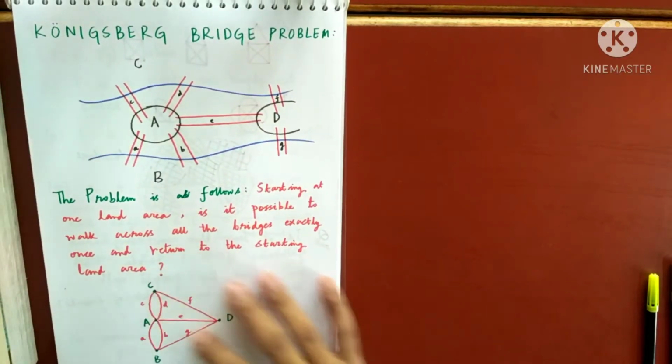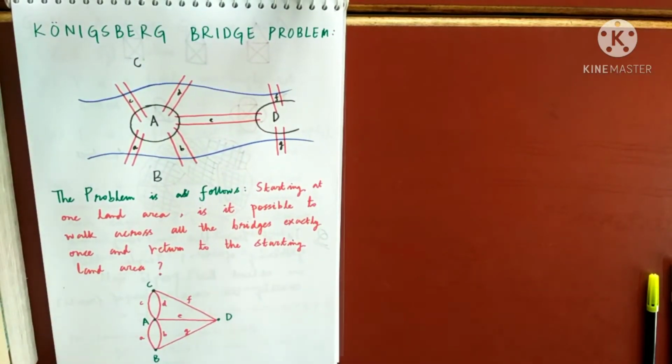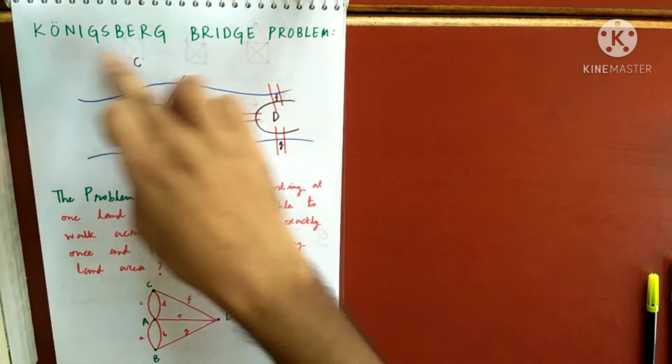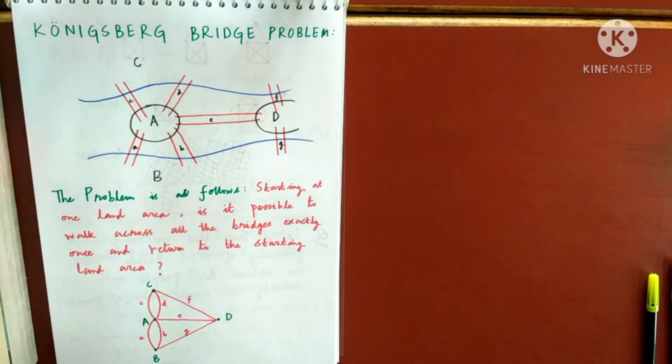Yeah. So now let's return to where we had started. Remember the first class where I talked about how graph theory actually emerged from this topic, the Königsberg bridge problem? This was the first problem of graph theory, which actually led to the birth of graph theory, the Königsberg bridge problem.